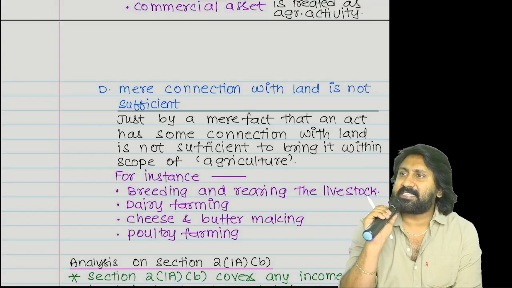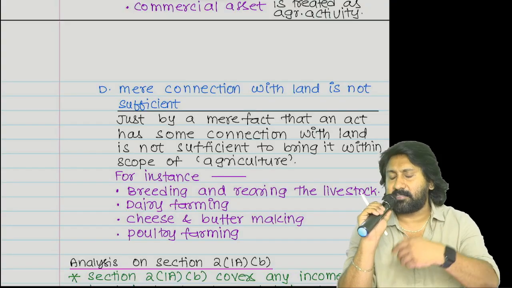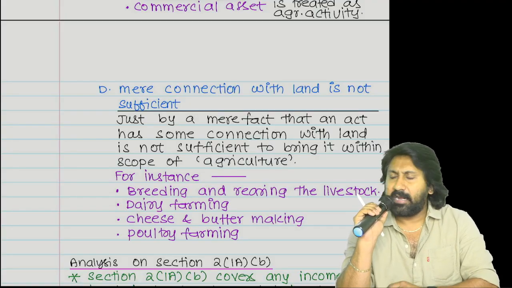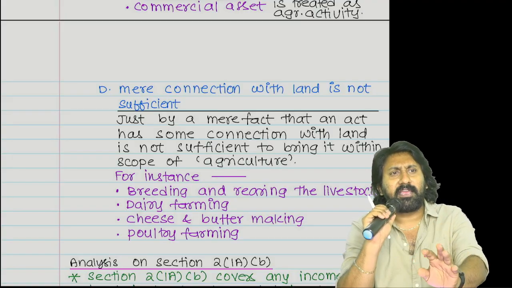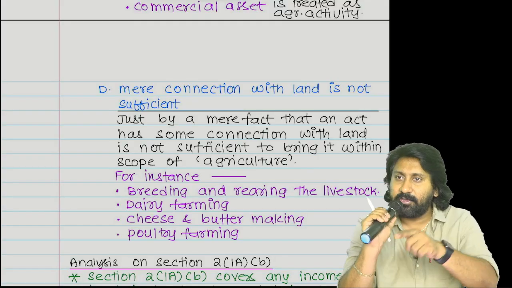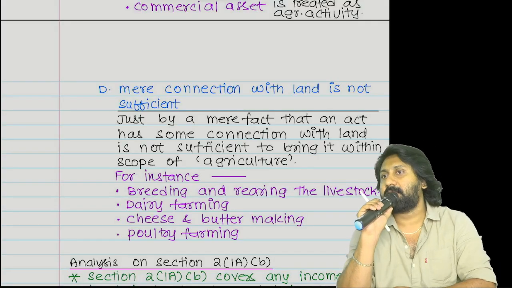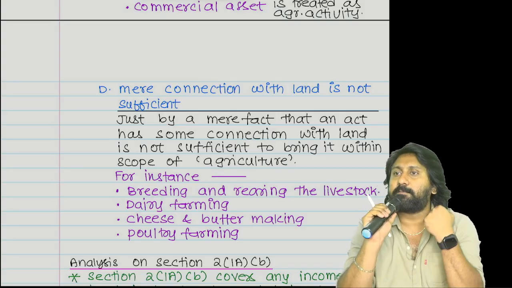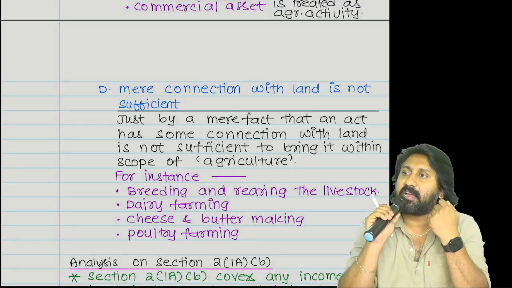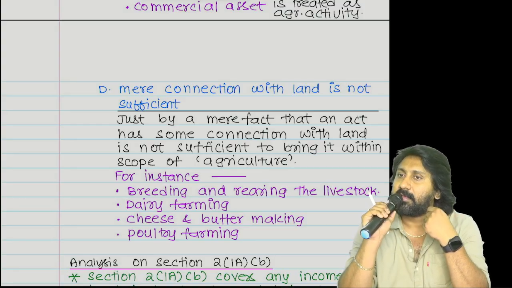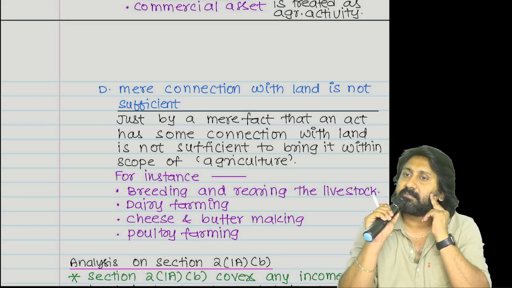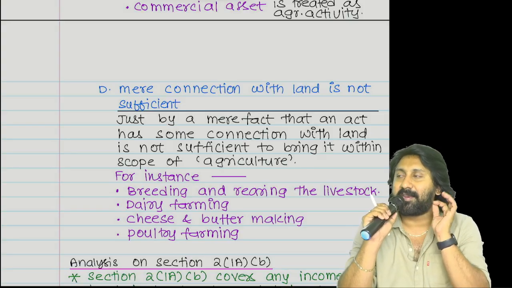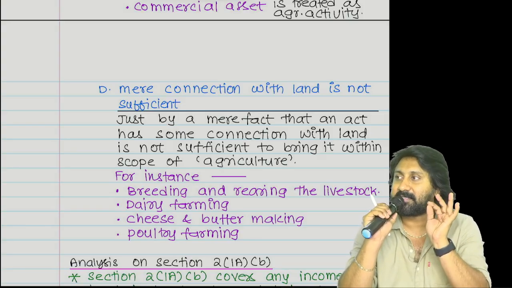A person is selling urea, phosphorus, or fertilizers, pesticides, etc. 100% undoubtedly the product I am selling will be used in agriculture only. Correct or not? Now please tell me whether my sale income out of pesticides and fertilizers, can I call it agricultural income or not? Why is it not agricultural income? Your yes or no will give half mark. Explanation will give you full marks. Start again.